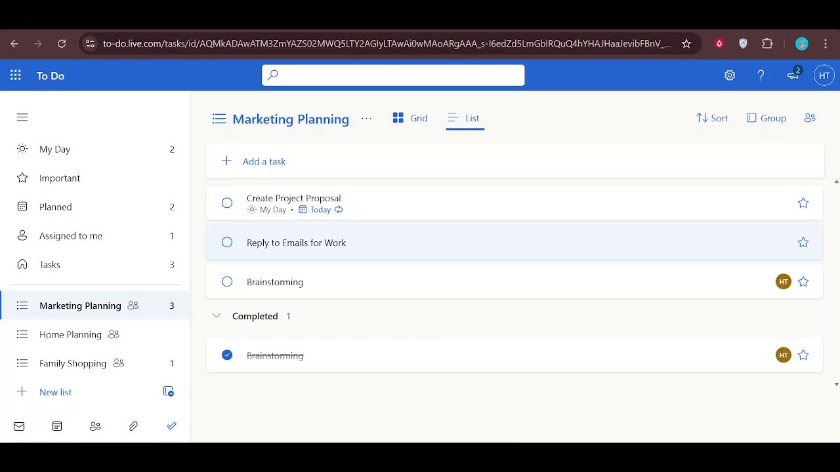In this video, you'll learn how to delete completed tasks in Microsoft To Do. If you've been using Microsoft To Do for a while, your lists can start to get a bit crowded, even when tasks are marked as completed. Removing old completed tasks is a great way to keep things clean and focused, so you only see what really